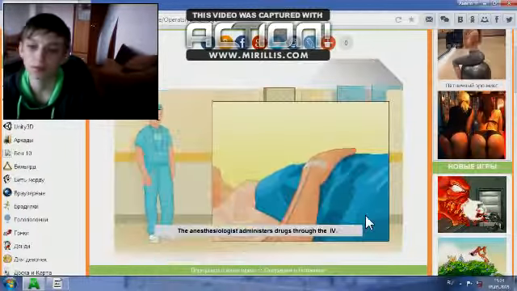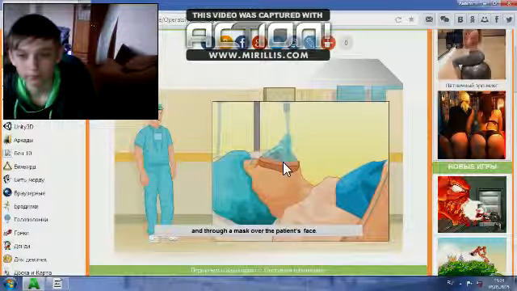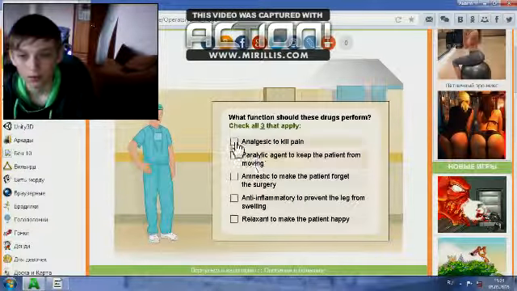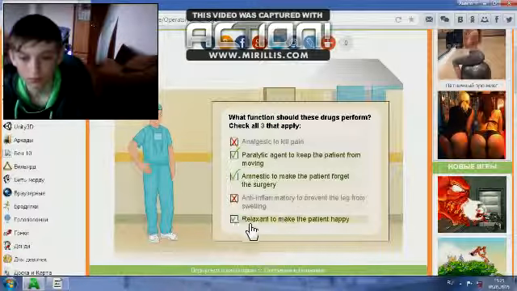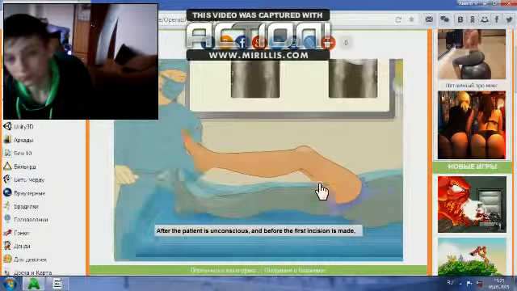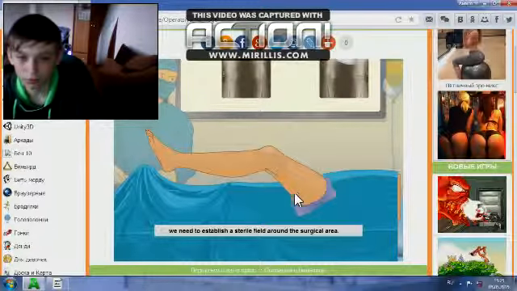Вот, отлично. The anesthesiologist administers drugs through the IV and through a mask over the patient's face. What function should these drugs perform? Good work. Great. Fantastic. After the patient is unconscious, and before the first incision is made, we need to establish a sterile field